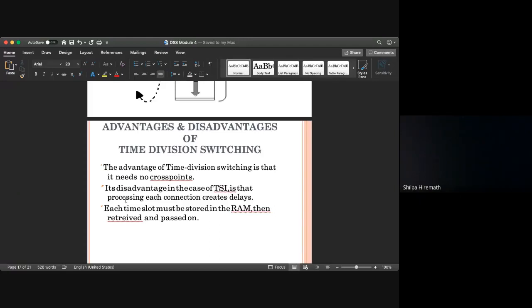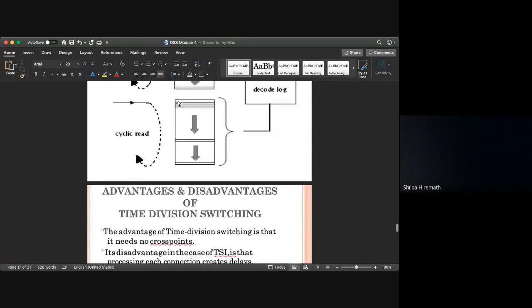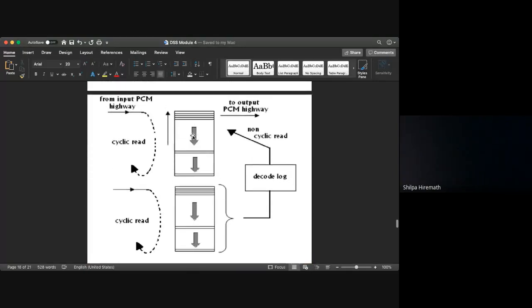So in that case, the processing of each connection creates a delay, and each time slot must be stored in a RAM, then retrieved and passed on. In total, it means that whatever is the sending of the message using the time switch, it is more time consuming when considered with respect to space switch. What is the disadvantage in space switch? The number of cross points required are more when the traffic is more.